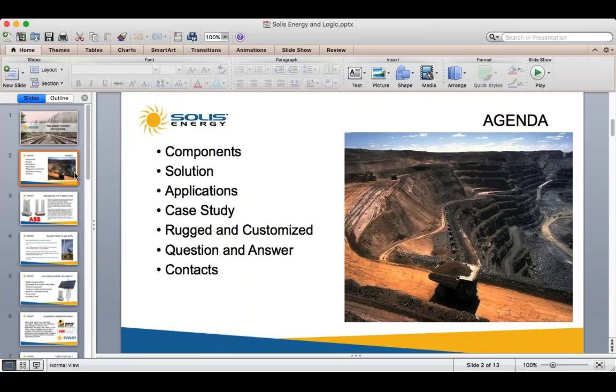A bit of what we're going to go over today: the components that are involved in a couple of our solutions, the solution itself that we've designed specifically for outdoor applications, how this solution can be utilized in different circumstances and different uses for it. A couple of case studies that we have going. Talk about how our devices are rugged and we have the ability to customize them given the load and location